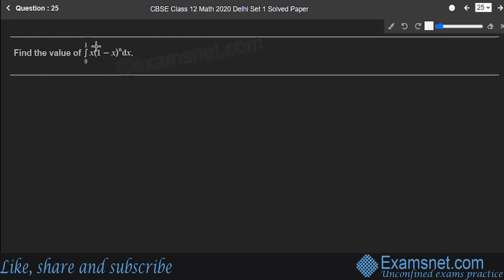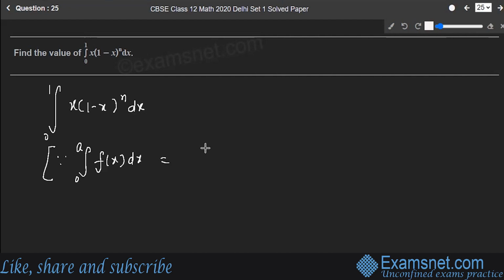Question number 25. You have to find out the value of the given integral, limits 0 to 1, x into 1 minus x whole raised to power n dx. To solve this question, I'll be using one formula, because if I have limits 0 to a, f(x) dx, it can be written as limit 0 to a f(a minus x) dx. So now this integral I becomes